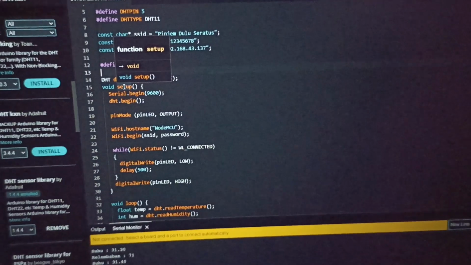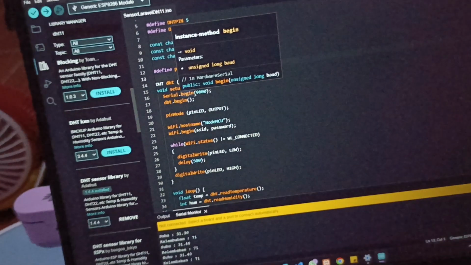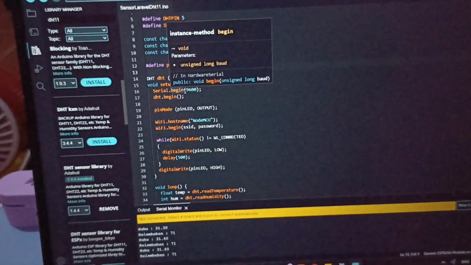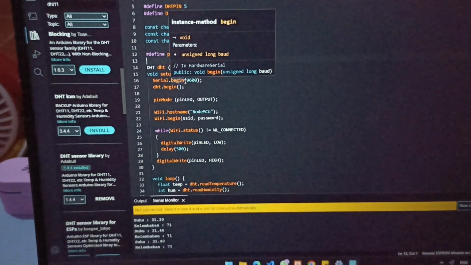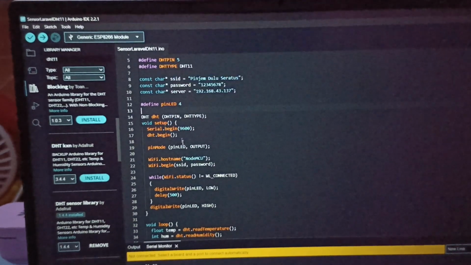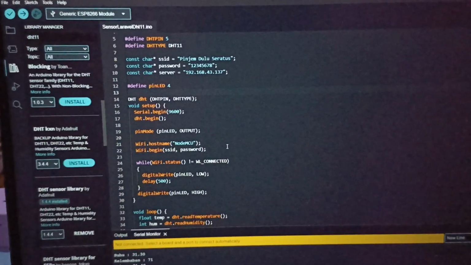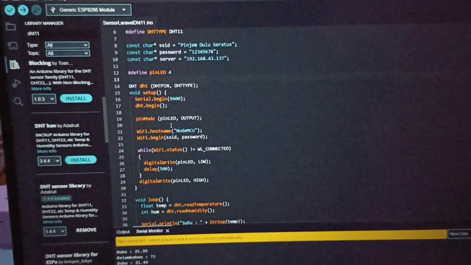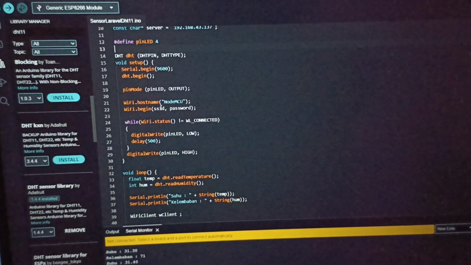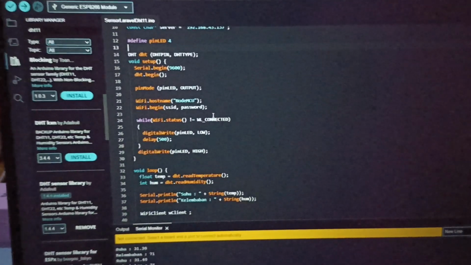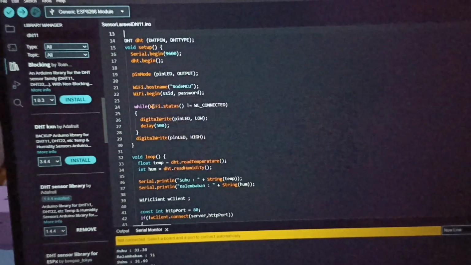Void setup is serial begin 9600, and this DHT.begin, and this pinMode, this is for pin LED output. This is for Wi-Fi connect. Okay, this host name is NodeMCU. This Wi-Fi begin for SSID and password.